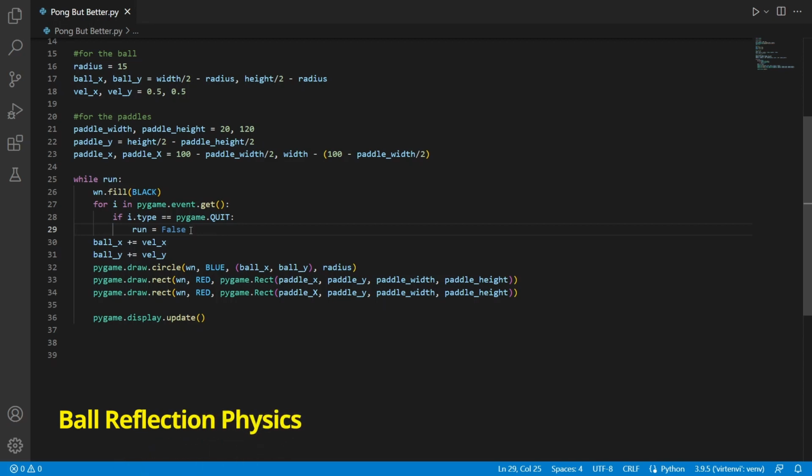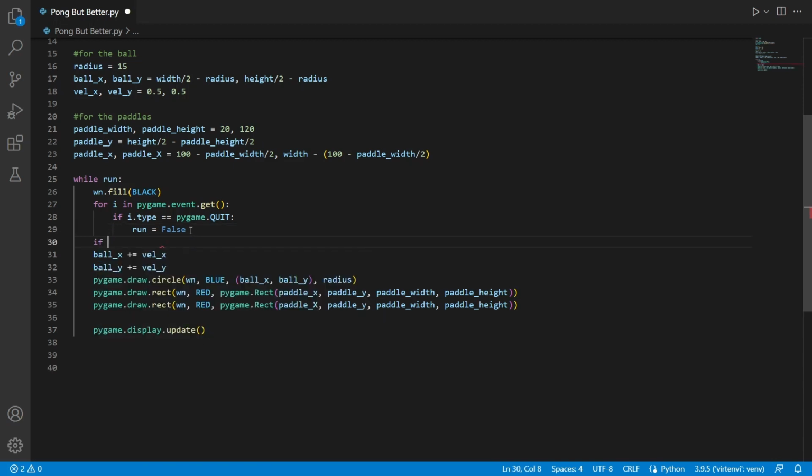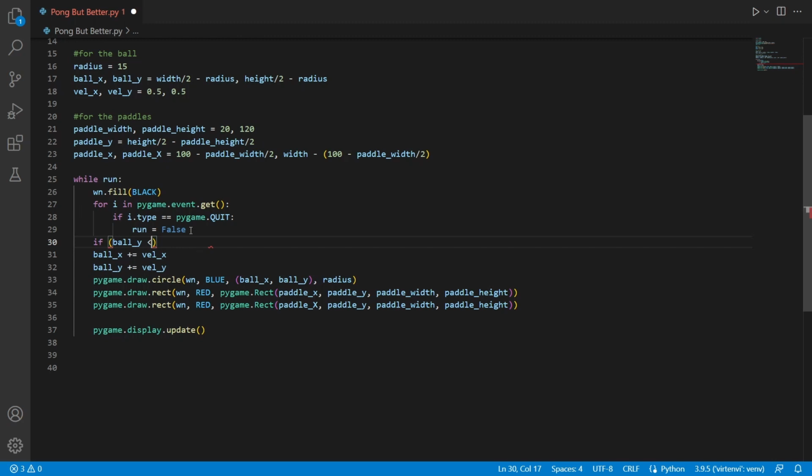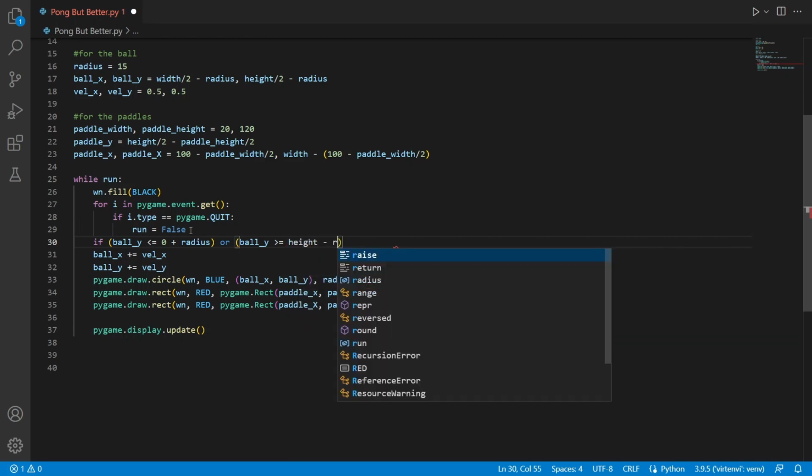So now we want the ball to reflect off of the screen as it hits the end, rather than just going off of the screen. So to do this, I'm going to define an if condition. If ball's y coordinate, actually I'm going to put this inside a parenthesis, if ball's y coordinate is less than or equal to 0, which is basically the initial point in terms of the y coordinate of the window plus the radius, because the actual point of contact is the end of the ball rather than the center, or if ball's y coordinate is greater than or equal to the entire height of the window minus the radius,